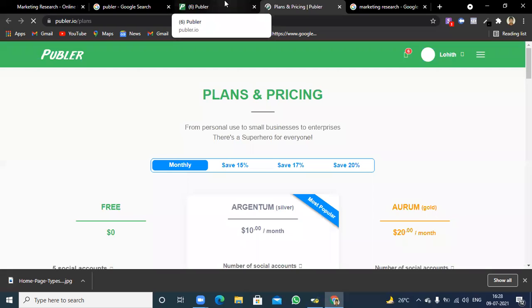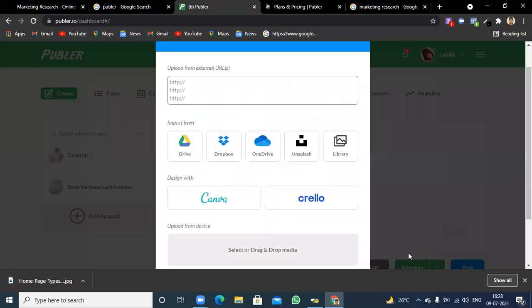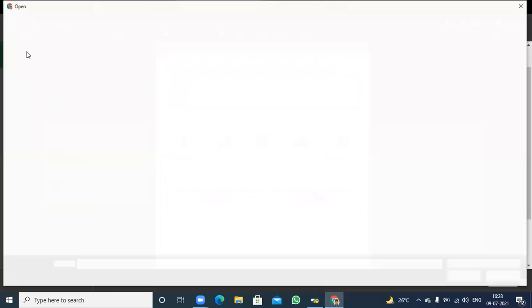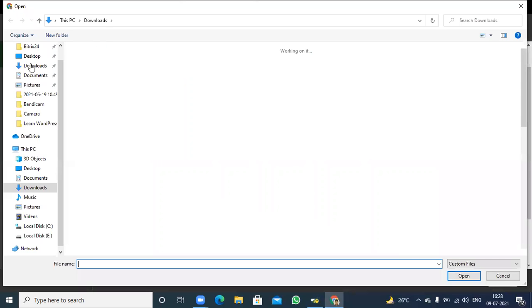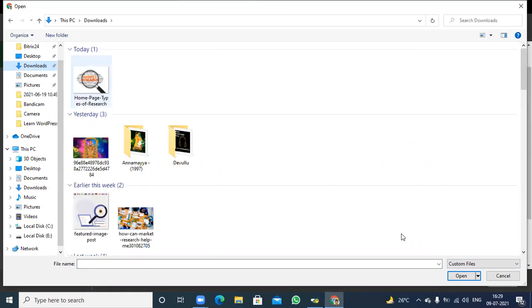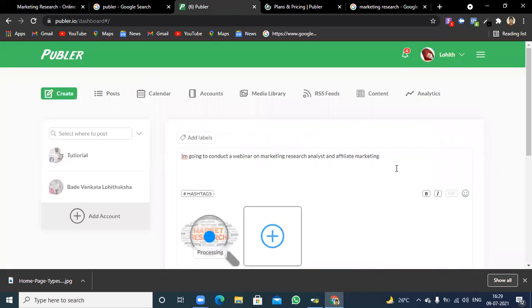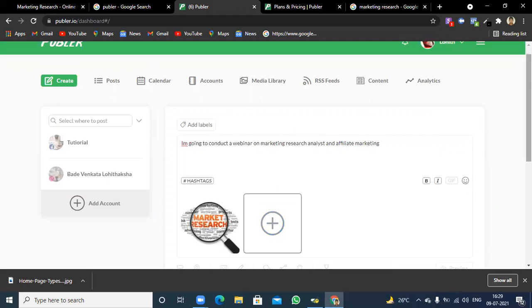I'm going to show you here itself. Pablo.io, and in the same way, I have already shown you the plans. There is no need to select anything. Let's go back to this. Here it is showing drag and drop media. So now I'm going to drag this image. Okay, this was the example that I have done here.